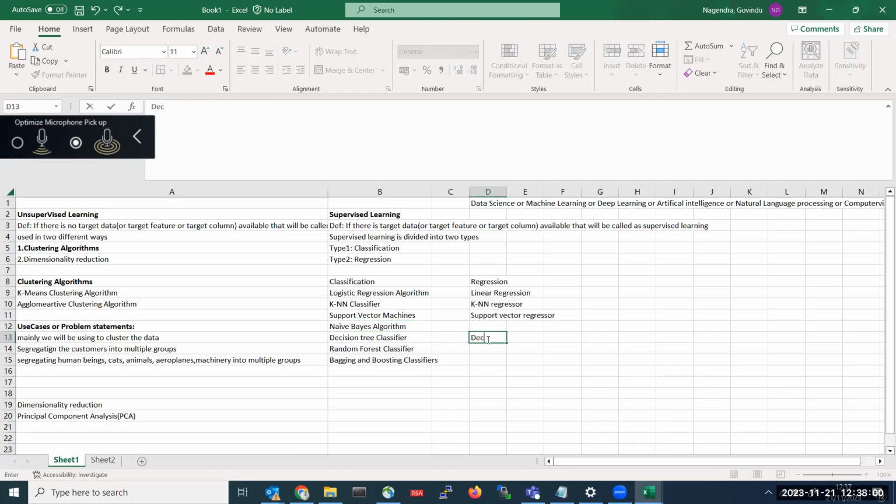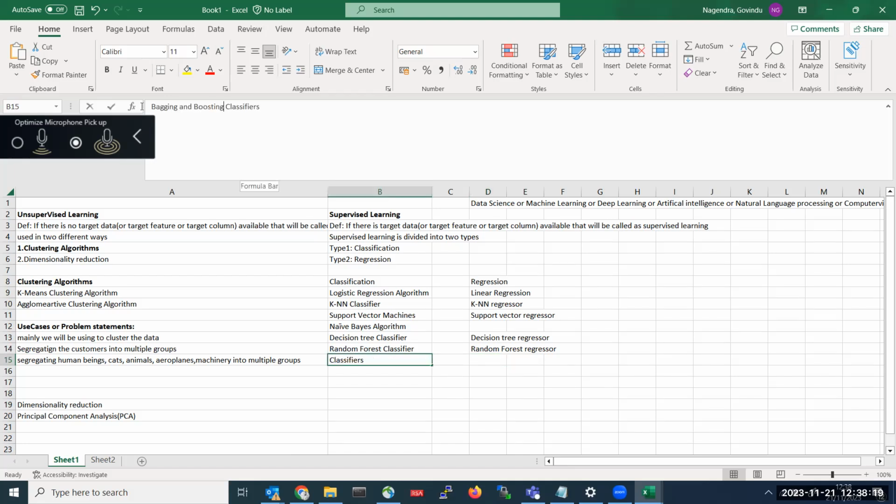Next, decision tree. Next, random forest regressor. Next, bagging and boosting, which means XGBoost here. So here the algorithm will be called XGBoost.